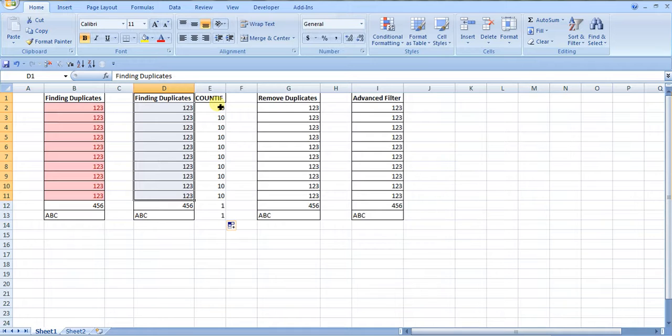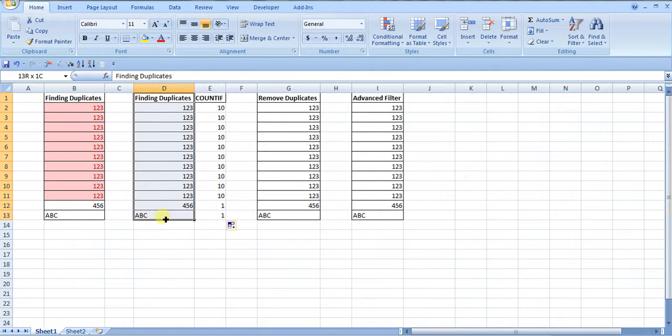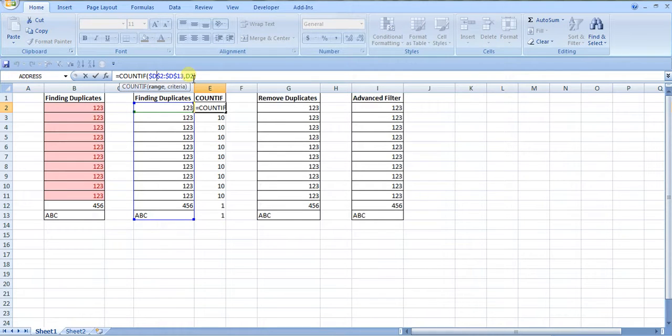So I'll be able to add a filter, say on this column, and then get the same result as I would here. If I wanted to just get the unique set, what I can do is actually first make sure that this column is sorted A to Z, so it looks like this. You know, your duplicate values are in order at least. And then write the same formula, but instead of locking this part in, I'm just going to lock in a part of it. So I'm just going to lock in the column D aspect of it. And that way, if I drag it down now,